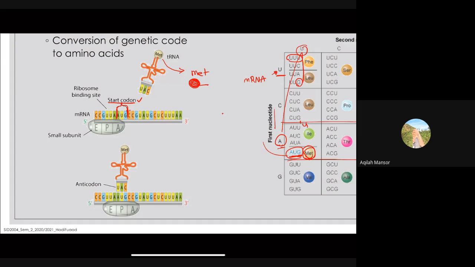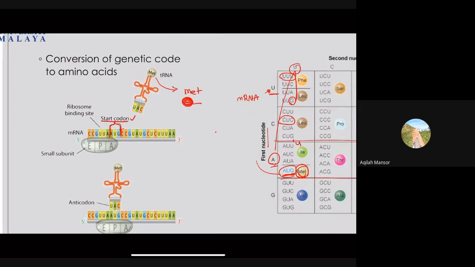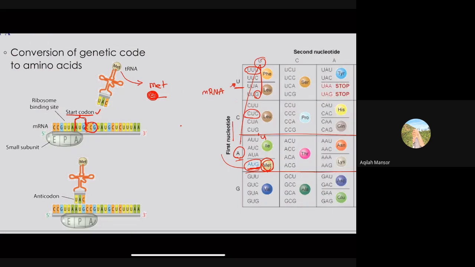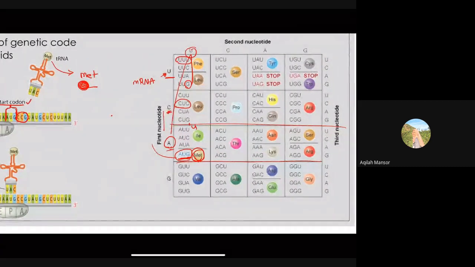Then how do you read the codon? So a codon is this 3-letter code. To know what the next amino acid is, you need to move to the next 3-letter code. The next one is CCG. If you look at C and then another C and then G, it is proline. So you know that the second amino acid of the peptide will be proline. And then the next one is UAU. So you go with U, then A and U, and it's tyrosine. The next one will be tyrosine, and the next and next and next. So that's how protein synthesis works.